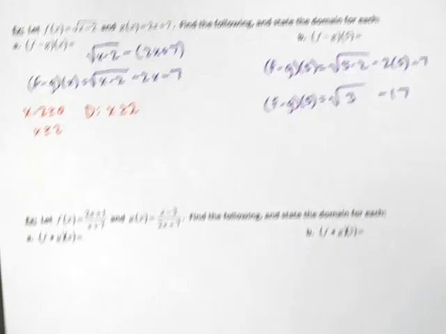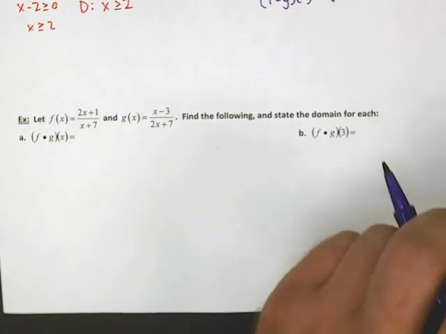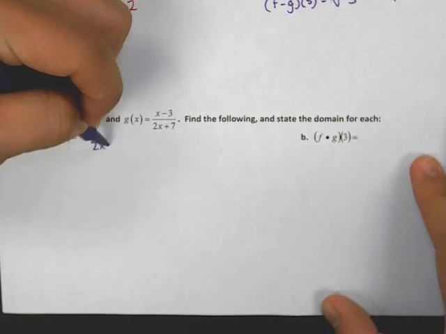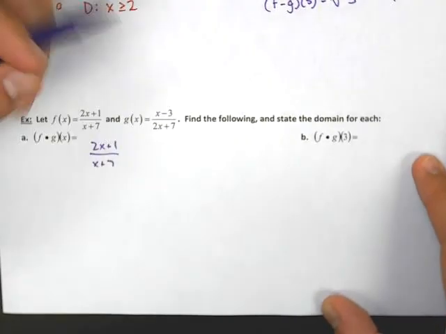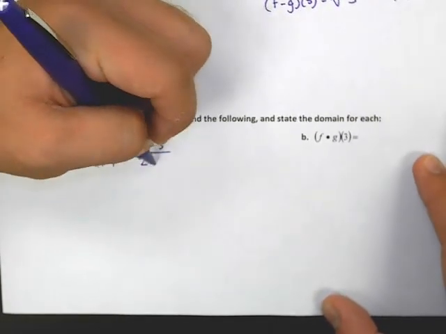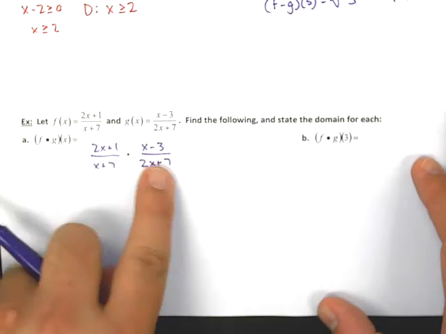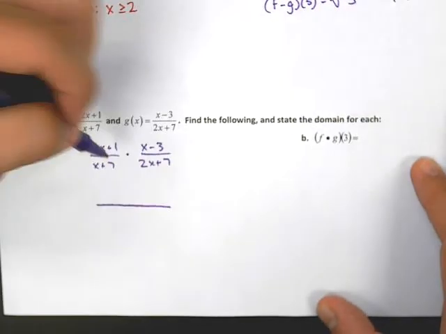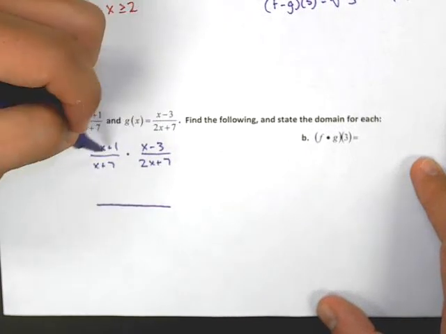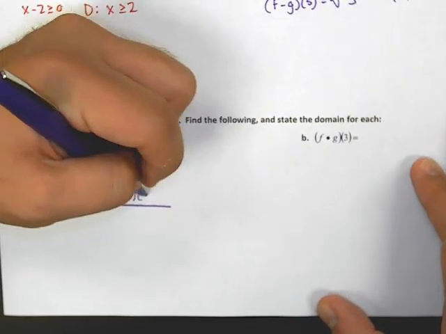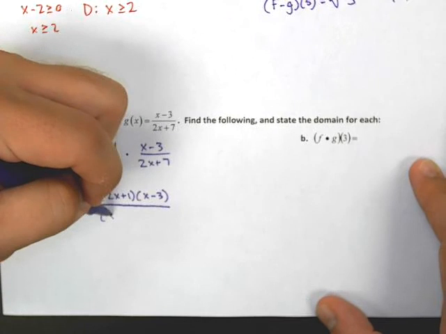When we move on to this next one, we have some multiplication going on here. So, let's check it out. We are going to take our f function and multiply it by our g function. And remember, there's nothing much else to do here. We're just going to rewrite this as one fraction. So I'm going to make a giant fraction bar. The tops have to multiply by each other. So 2x plus 1, x minus 3, and then x plus 7,